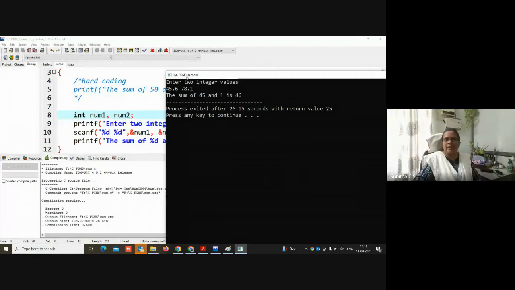No, it is not taking, because the decimal point is not allowed in an integer. So the formatted converter doesn't read the 0.6 or 0.1, it cannot read after 45. Only 45 can be read by the scanf statement, and the rest of the things are automatically filled with some junk value. It cannot proceed further.